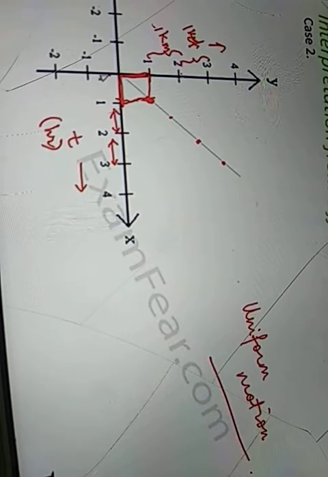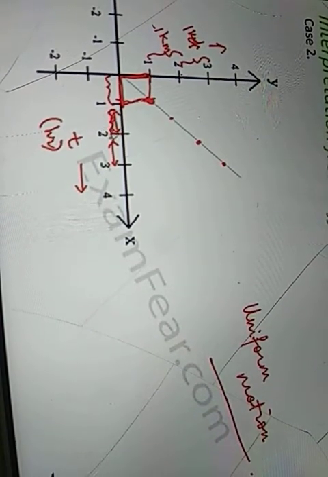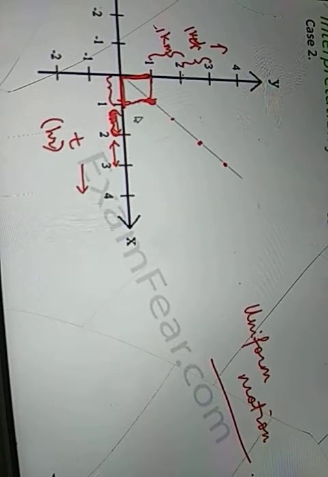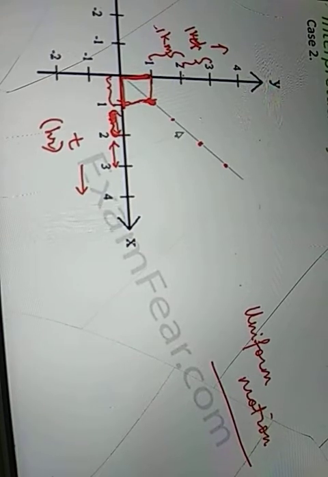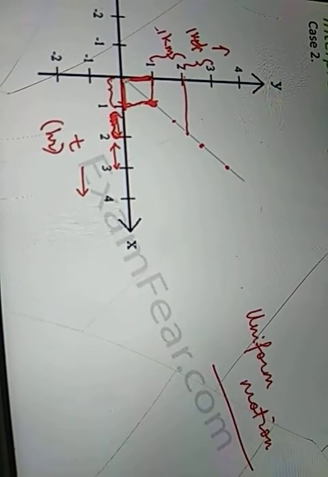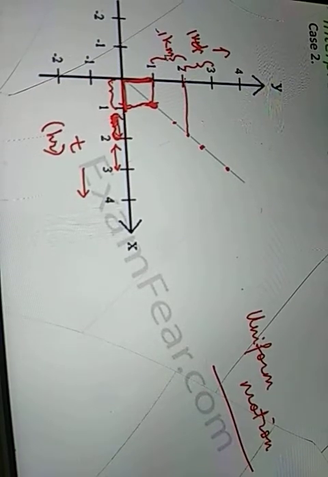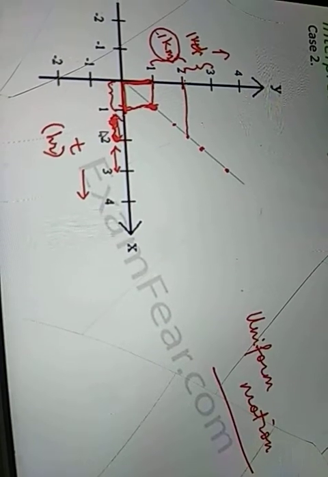So I hope you understand this. So this is the first 1 hour, this is the second 1 hour, and how much distance in this second 1 hour? How will you calculate that? Till 2 hours, the total distance traveled is 2 kilometers. But in the first 1 hour, 1 kilometer was traveled. So 1 kilometer is traveled in the second interval, and so on.